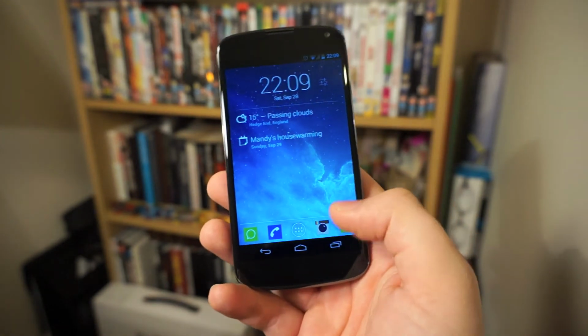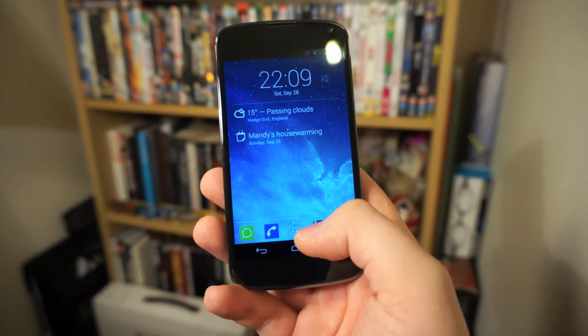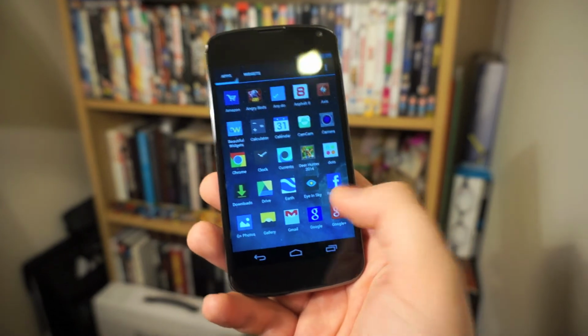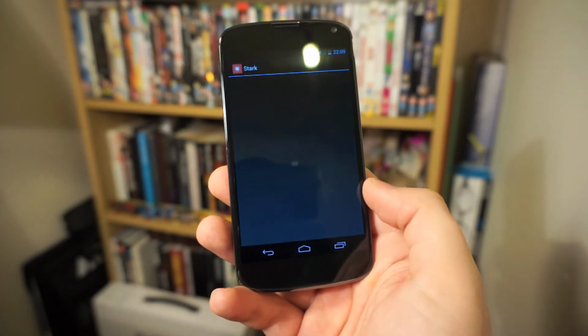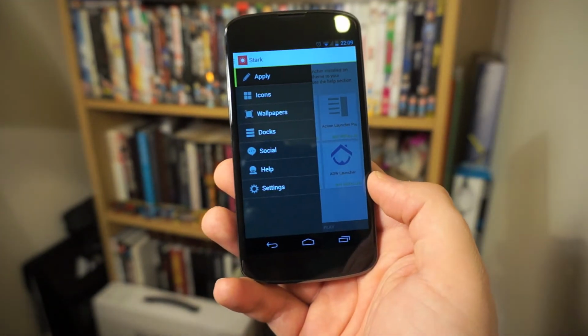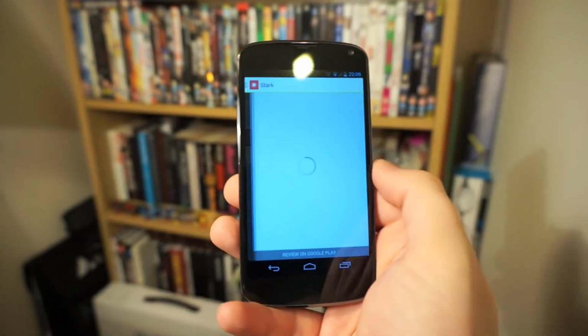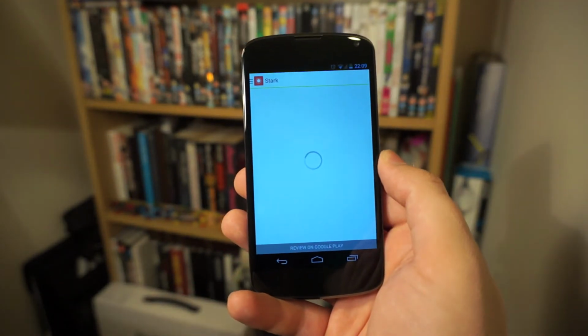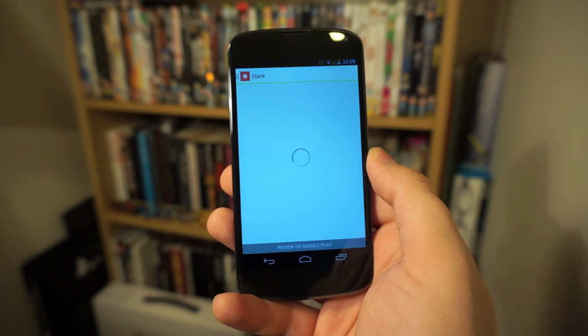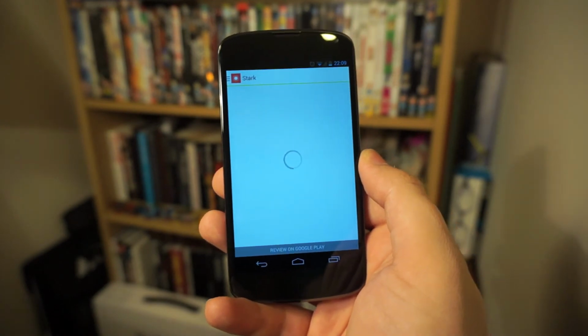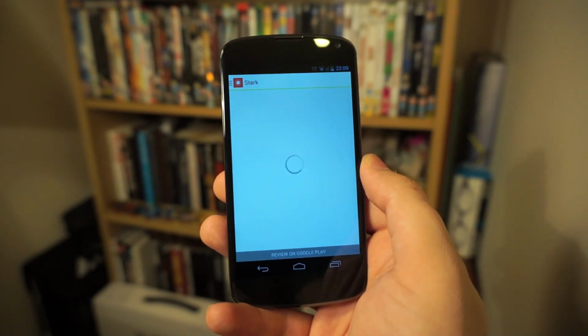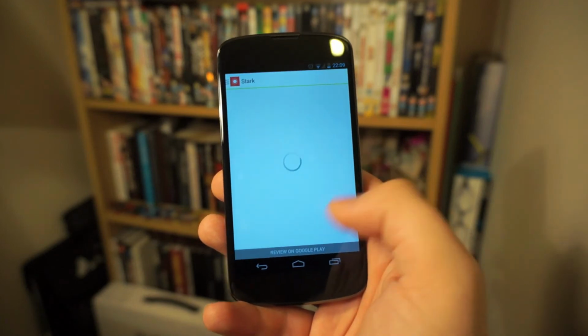One thing that I would also mention is with pretty much all icon packs you are also going to get wallpapers as well. So if we click on the Stark icon within the actual app drawer itself, you'll be able to see here that there is a wallpapers section where you can choose to apply a wallpaper through the actual Stark application itself. Now it is a little bit buggy, as you can see here it doesn't seem to load,